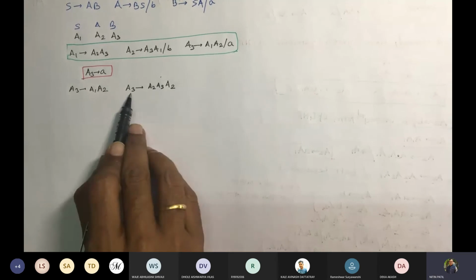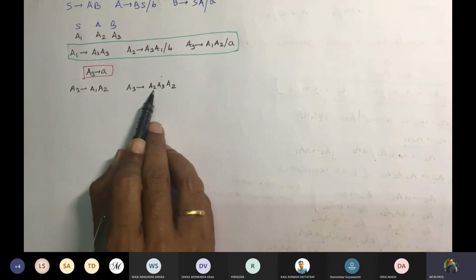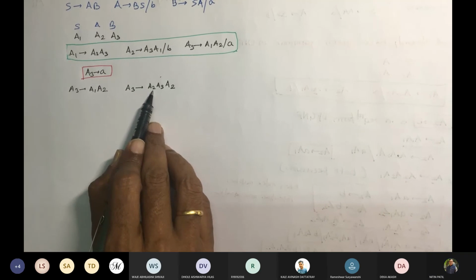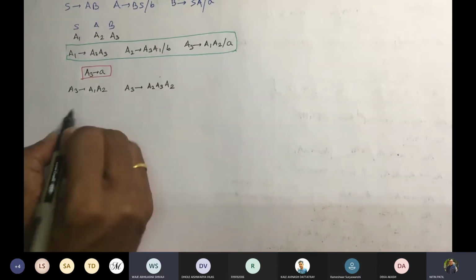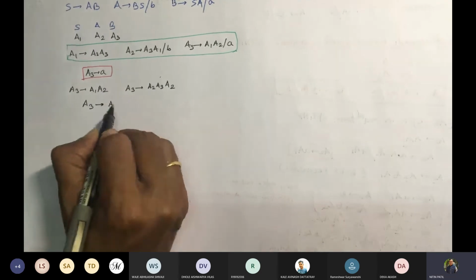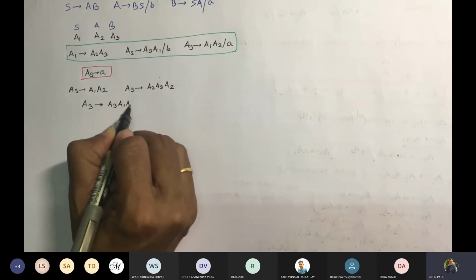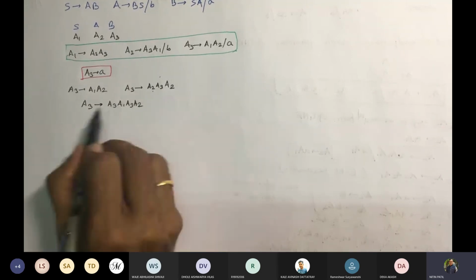अभी देखो फिर से वैसे ही situation है. This index is greater than this index. Correct. Am I right? Yes, sir. Now we have to replace this A2 by new 2 values. So we get what? A3 gives A3, A1, A3, A2. ये A2 को मैंने A3, A1 से रिप्लेस किया तो क्या आएगा?